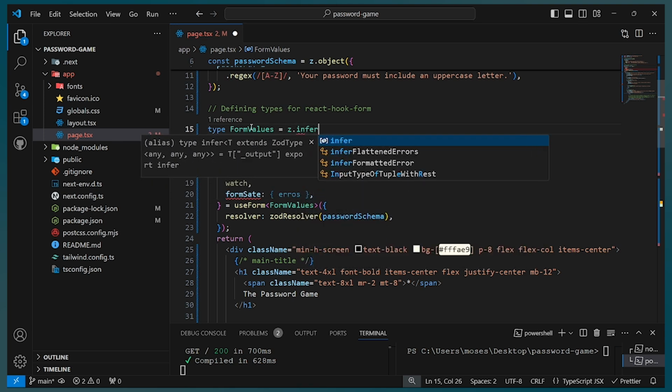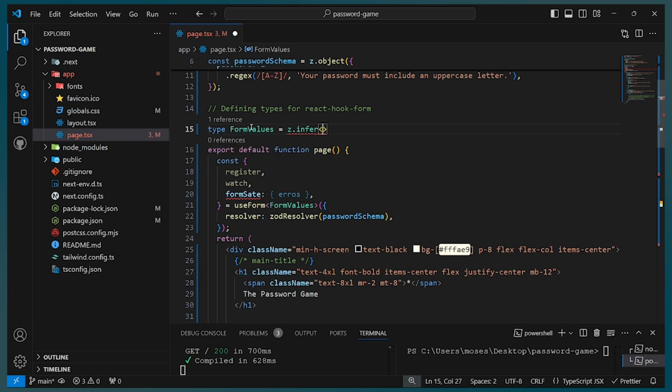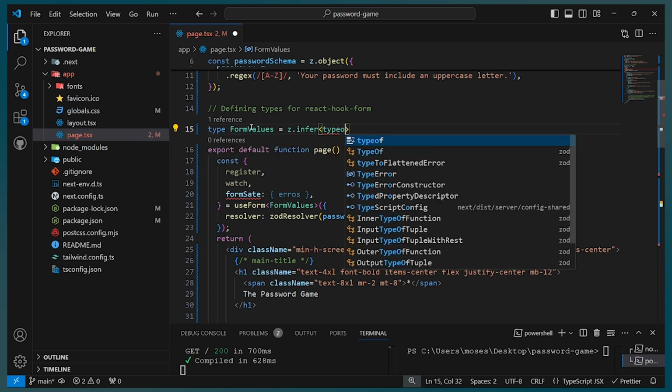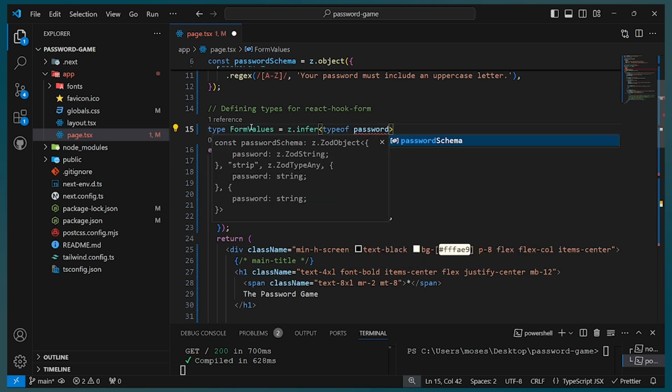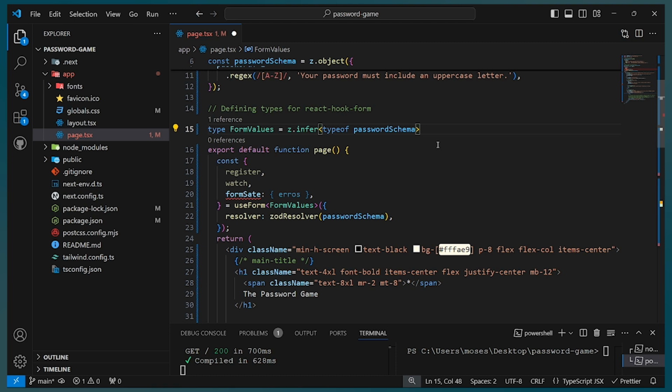So we try to infer a type of, I guess it's supposed to be this password schema. So it's what we're trying to infer into this. So with this done,